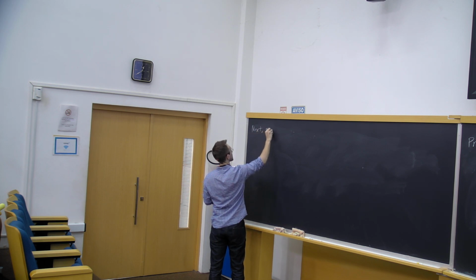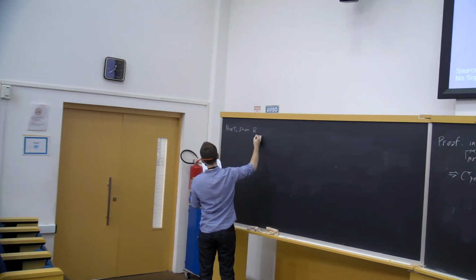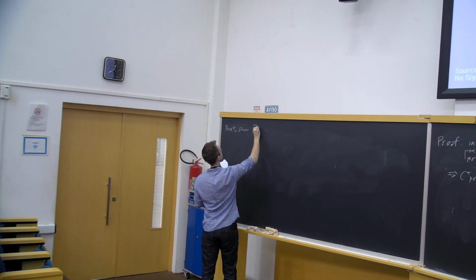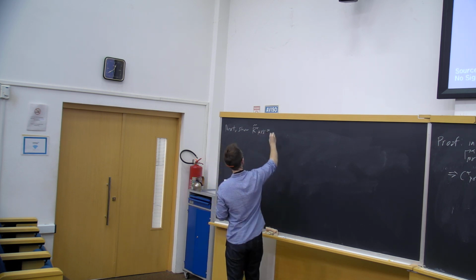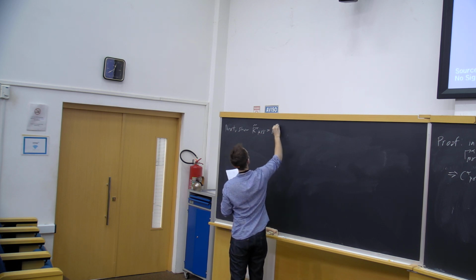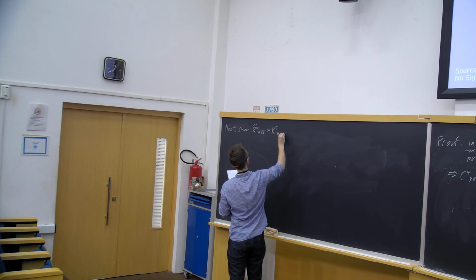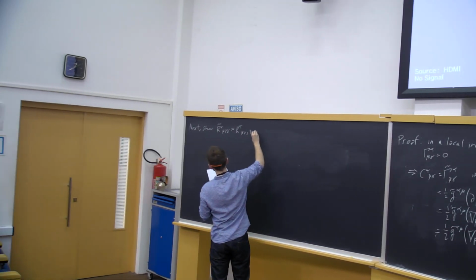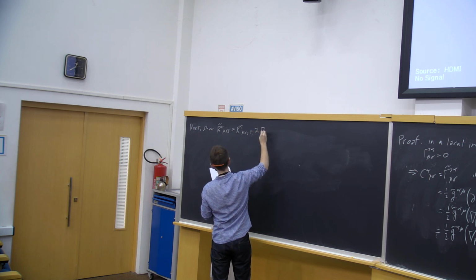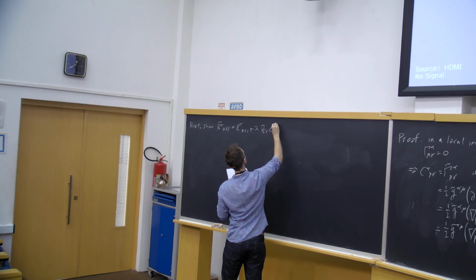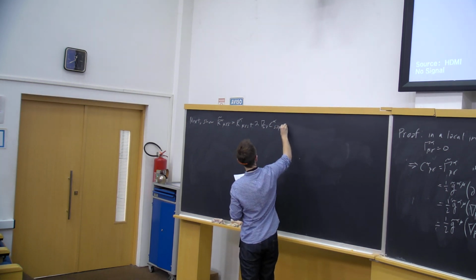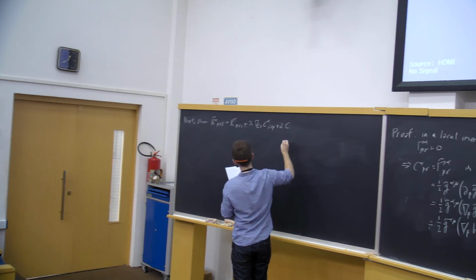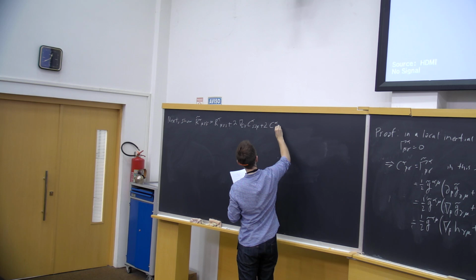So next, we'll show that the exact Riemann tensor of the exact spacetime is equal to the background Riemann tensor plus 2 times the covariant derivative acting on C plus 2 times a product of C with itself,